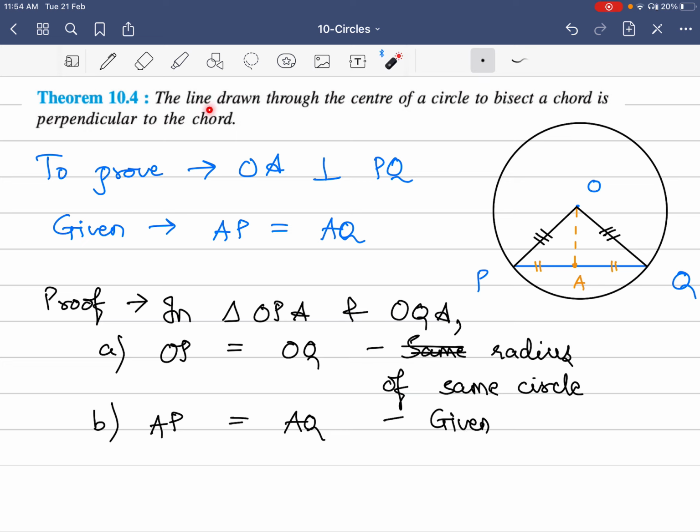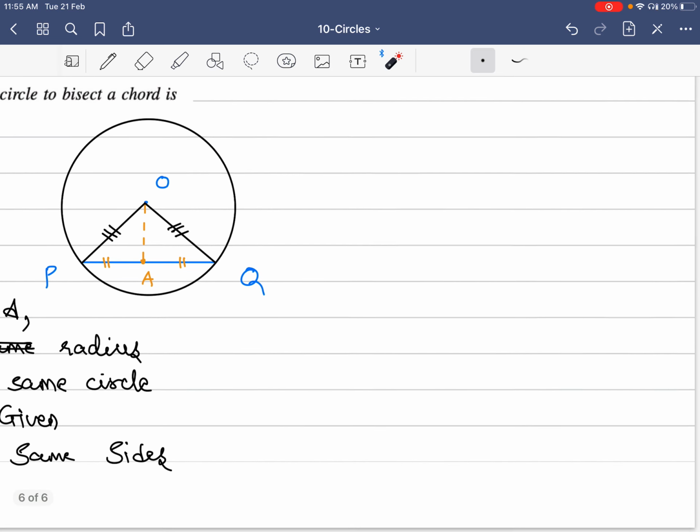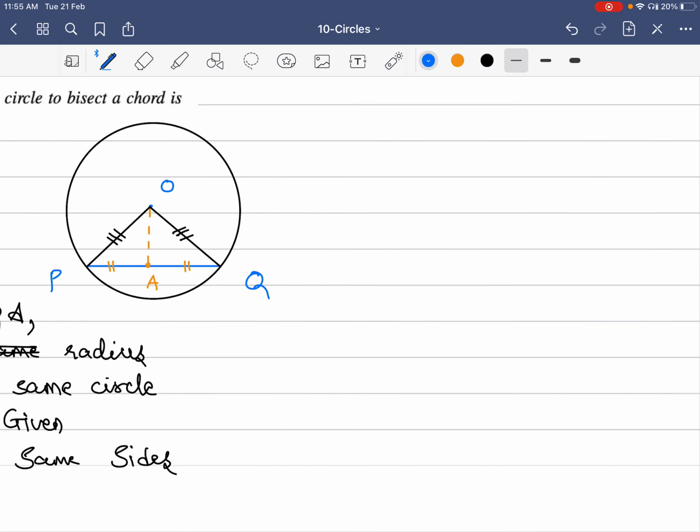Okay. This line is drawn through the center of the circle to bisect a chord. That is very important. That is how the line is drawn. It is a line connecting the center to the midpoint of the chord OA. So AP is equal to AQ becomes given. And then the third and the last point is point number C. OA is equal to OA because they are the same sides of different triangles. Okay, and thus by SSS test, side-side-side test of congruency,